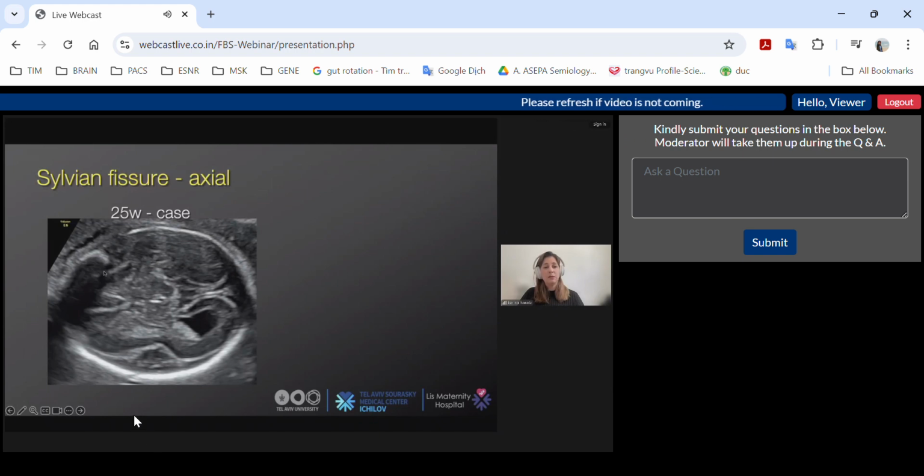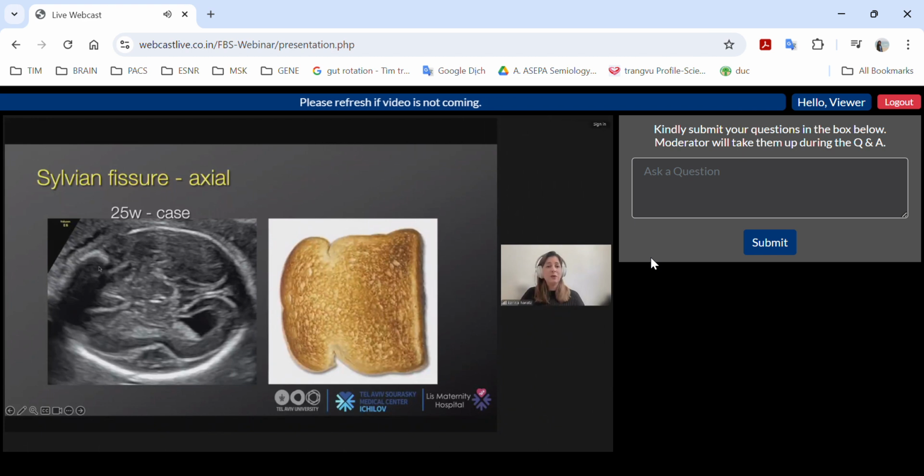Completely flat. The posterior complex is present, but it's a little delayed. This is what we call the toast brain. We learned this term from Daniela, and it also should raise suspicion that something may be bad. And we are going to explain why we may have differences between the anterior and the posterior aspect of the